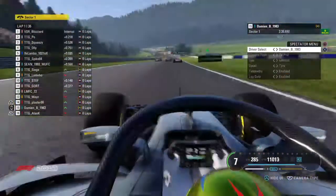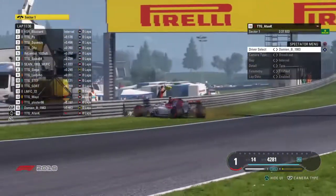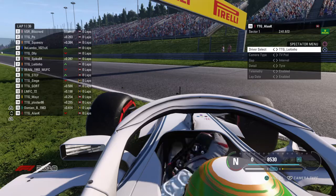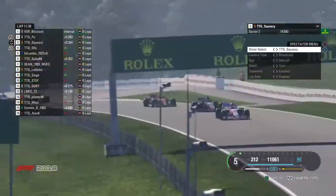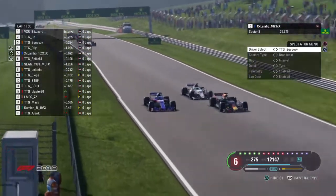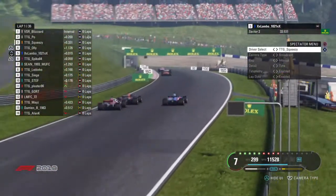He's got yellow flags behind then. What's happened there? Dallin K's off the track. Into the wall he goes and loses a huge chunk of that front wing there. Meanwhile, Blizzard leading away then. Poe is in second. Squeezy in third, and look at this then, Lambo is trying to prove me wrong here,